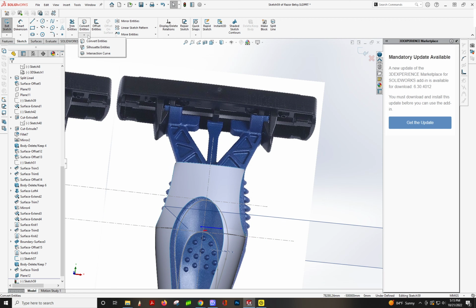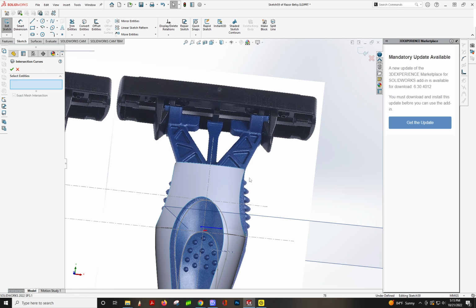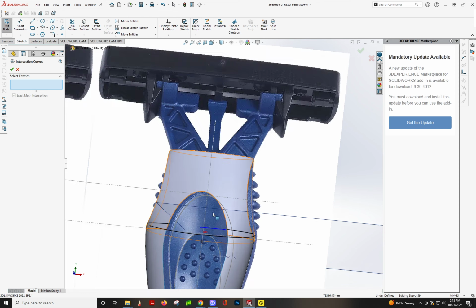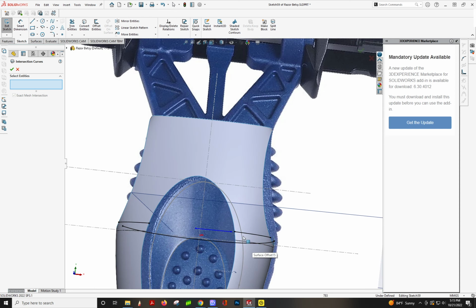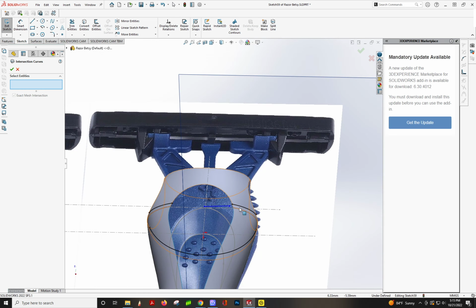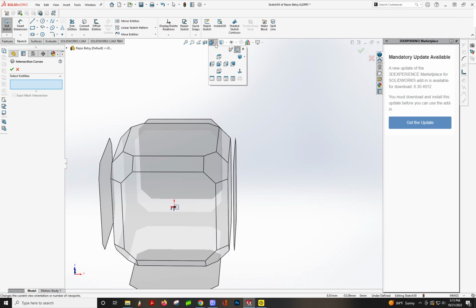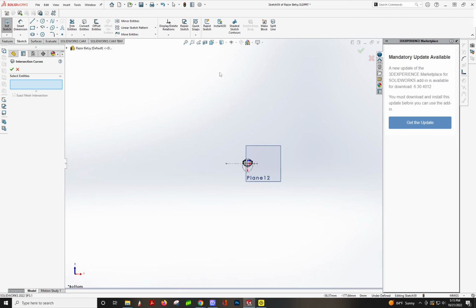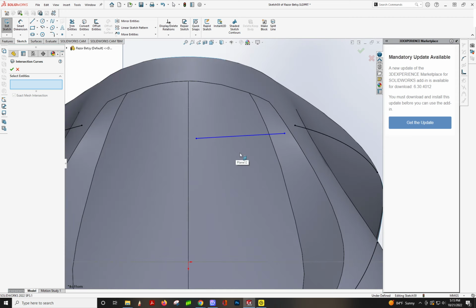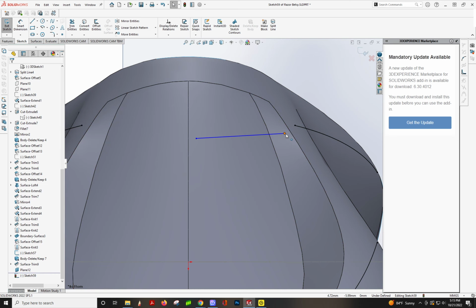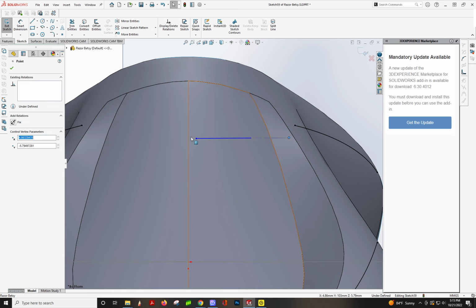Under here, there's a intersection curve. I'm going to do that. So then anything that's on that plane gets turned into a sketch. That way I have reference, and they'll make that construction line. Because then I can see how high it is. Because we want it down. So we want it